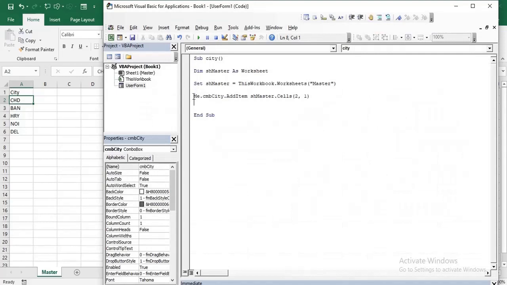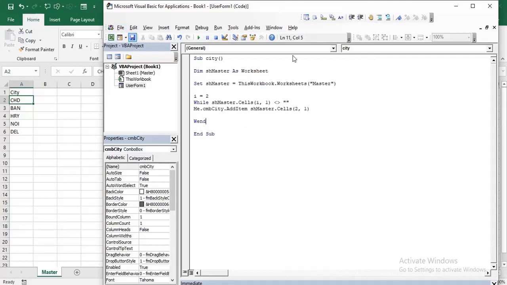How can I do that? Let's write a loop over here. So let's assume i is equal to 2, and I'm using a while loop here: while sh master dot cells i comma 1 is not equal to blank, and then